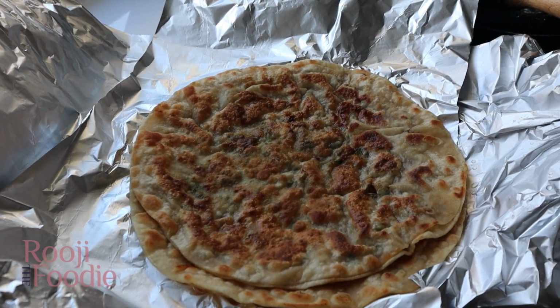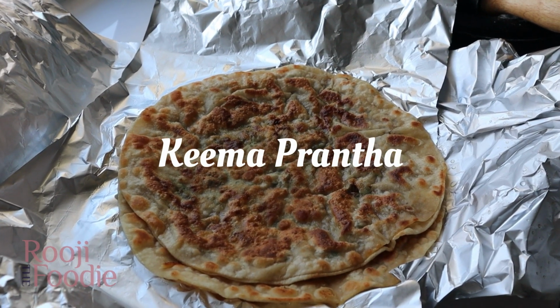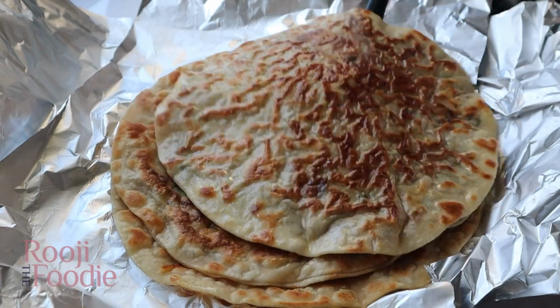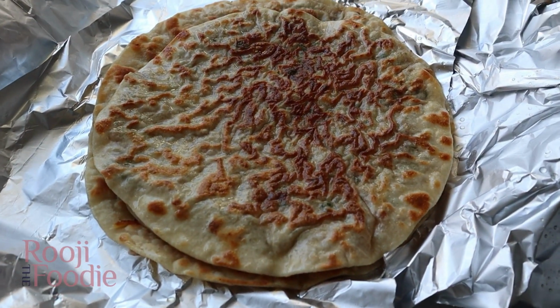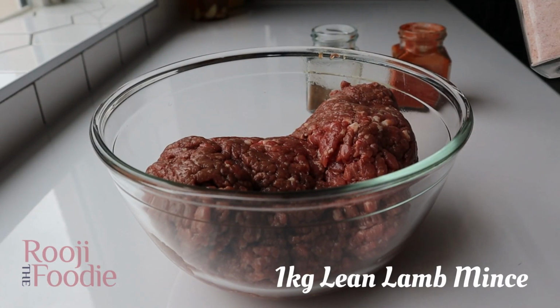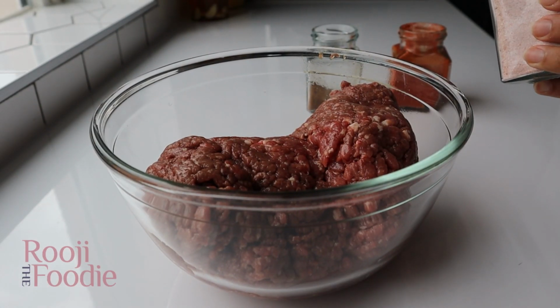This is my mum's Keema Prantha recipe. Guys, it's so good. Honestly, this is a proper Punjabi breakfast. Now, this is a flatbread stuffed with spiced mince, and I start my recipe by adding 1 tablespoon of salt